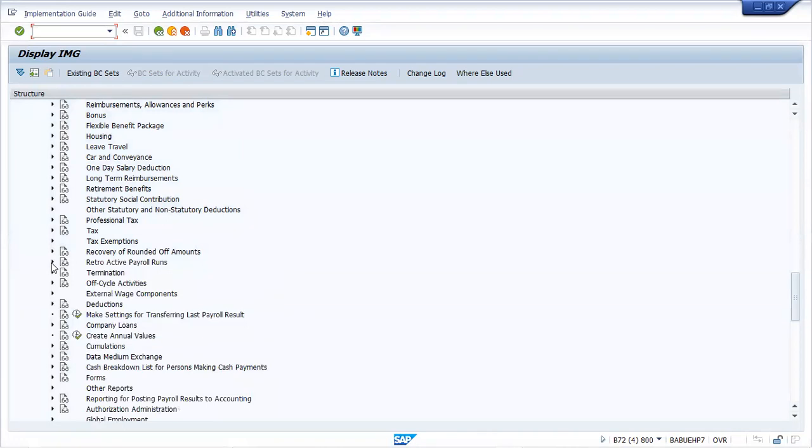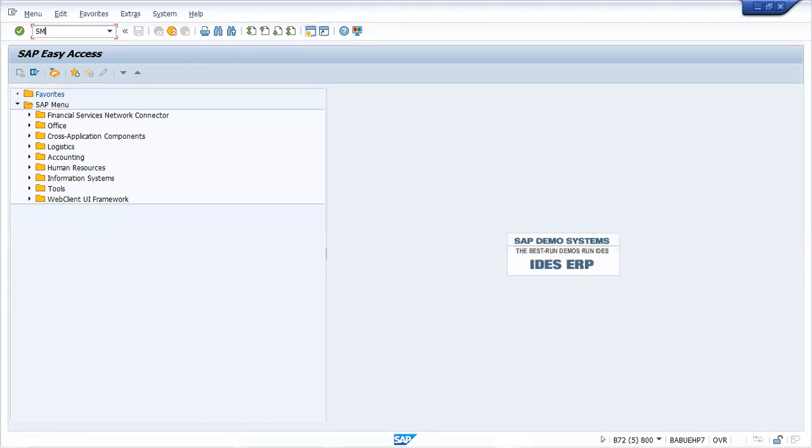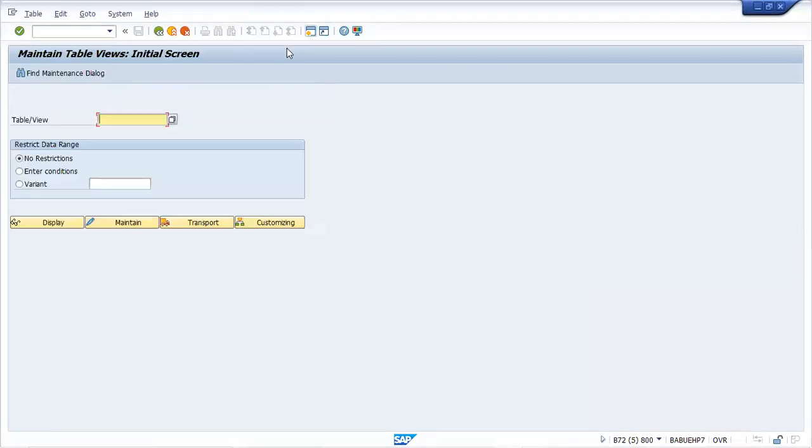So go to SM30 directly. Go to SM30 and go to that constant table. Payroll constant, T511K.